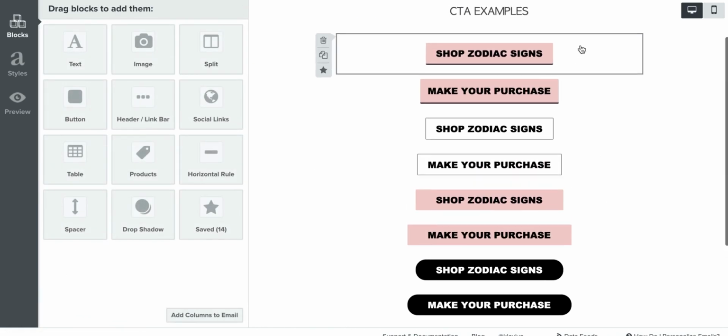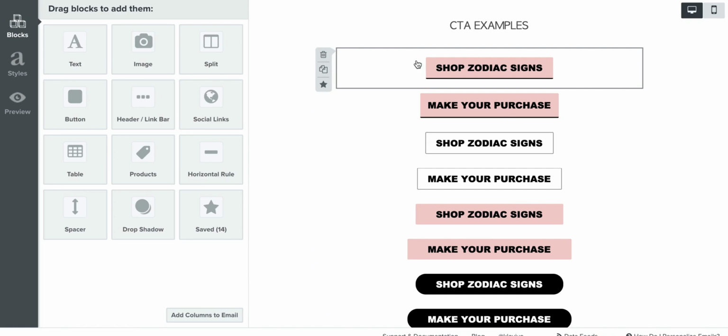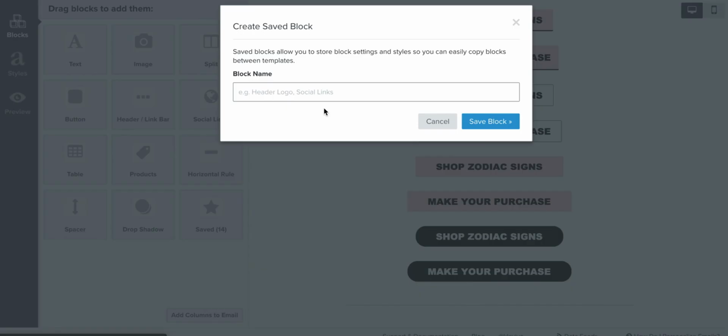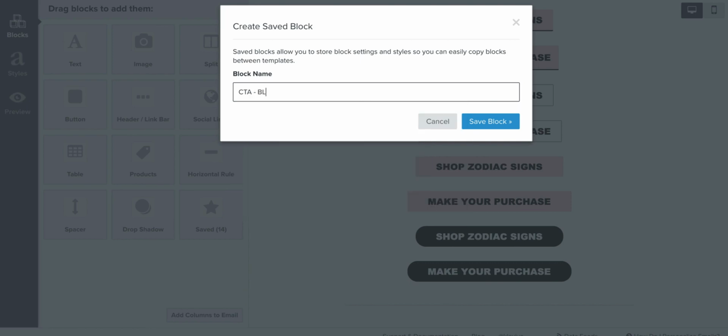So that's it. That's how you create all of these different CTAs inside Klaviyo. And again, I recommend that you just keep a template of these. What I would say if you are using Klaviyo or any other provider that lets you save blocks is I would add these. So I already have this one saved, so I'm not going to do that one, but I'm going to add this one and call it my CTA Black